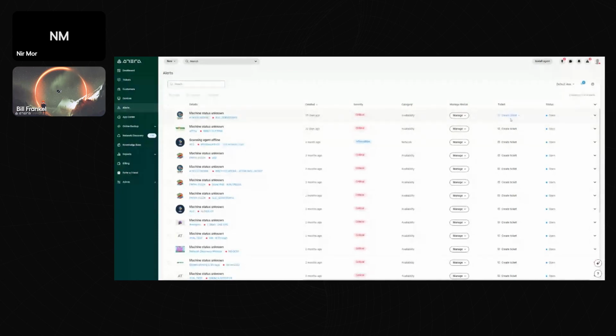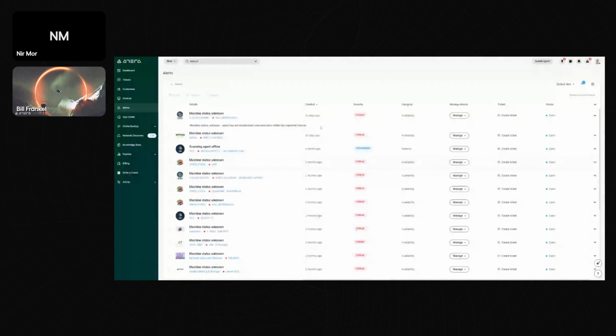You are even able to create tickets from over here if that's something that is relevant. By clicking over here, you can see what the alert is about. So this is where you can access and have a look at those specific alerts that you have over here. But we also have another option that I mentioned, the push notification, where if we go to the admin tab